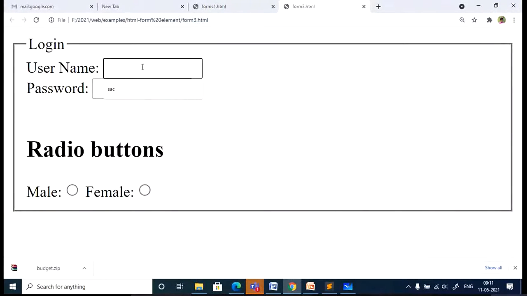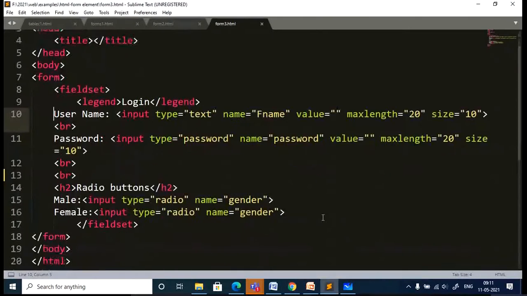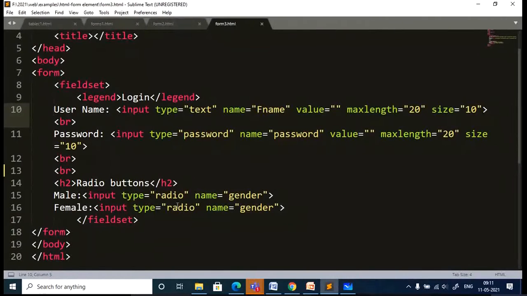Okay, I think everybody understood till here. Radio buttons, I told you about the radio buttons. So how did I make it select any one of these two? Radio button means you need to choose any one of these options. So you have to take care when you are designing the name of the input type radio. It should have the same name, so then only it can select any one input. These are some places where you need to concentrate, and you need to remember how it is done.